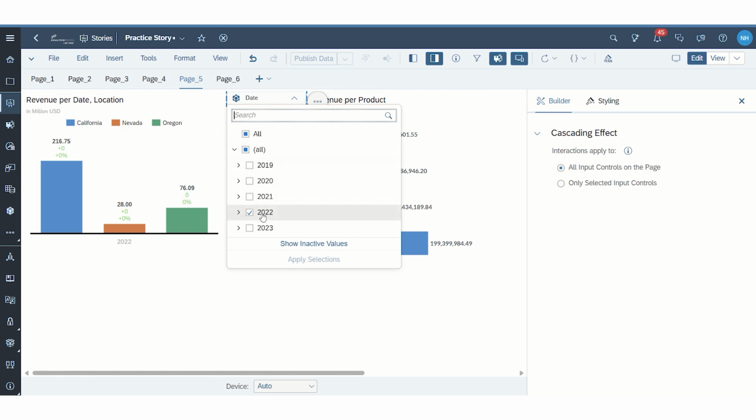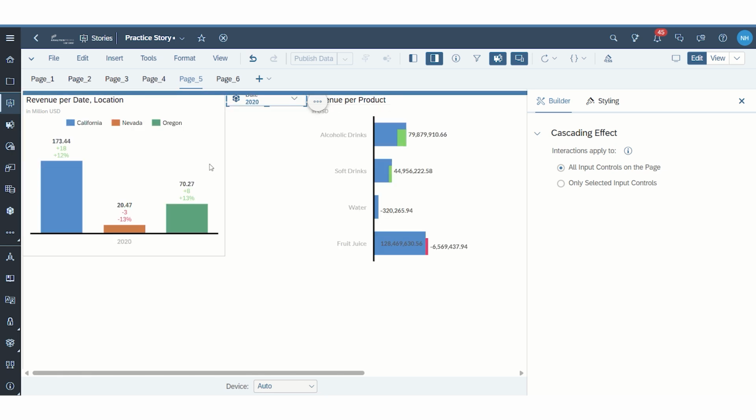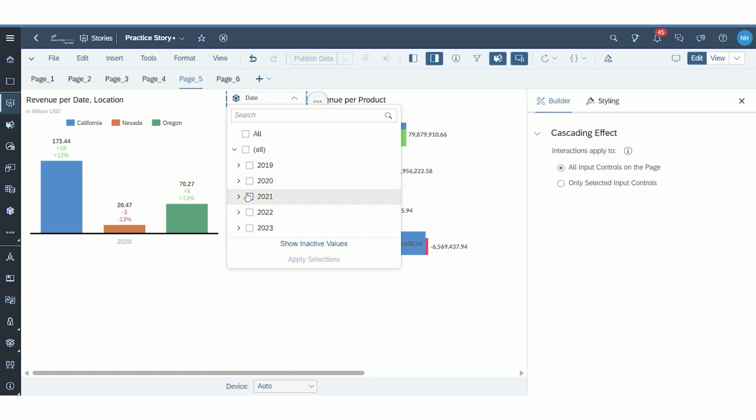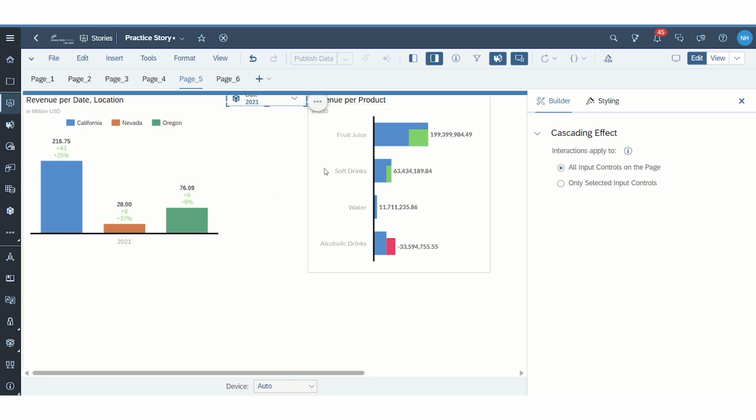There's not much going on there, it looks like. So let's try 2020. Yes, there we go. So that's helpful, and if you're actually building your story, you can take some of those insights that you've captured,